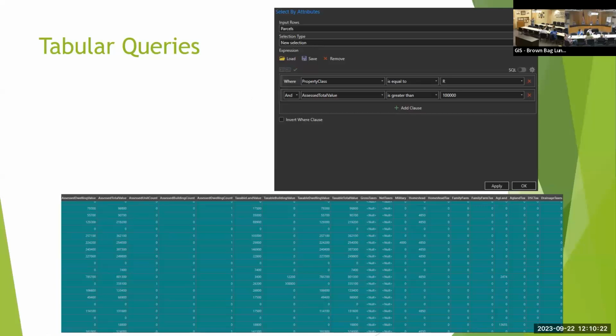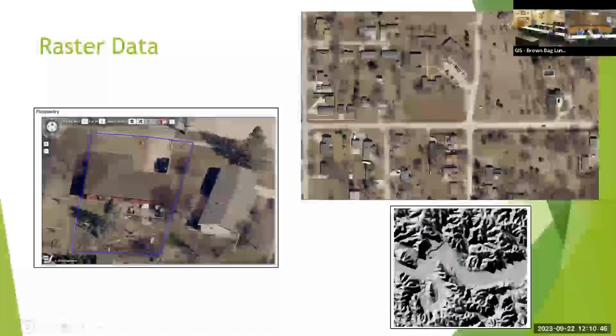And then once you do that, all the data is selected in the table. So you have basically an Excel spreadsheet or whatever, if you're familiar with how that looks. You can work with that. You can export that out. You can share that with people. But it all happens relatively quickly. So it's a pretty powerful tool. All right, let's go to the next slide.